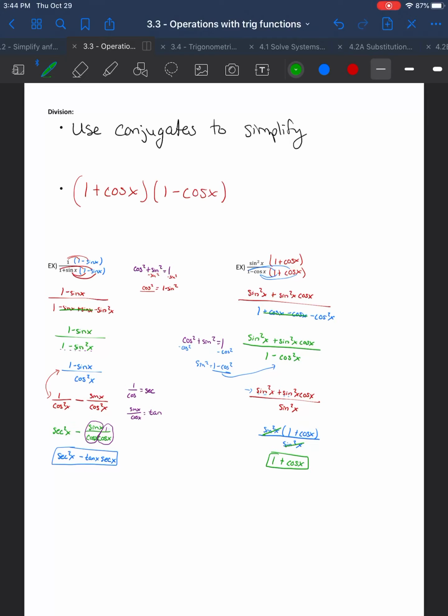Okay, so the division problems are not truly division. It's just can you multiply by the conjugate and then use algebra manipulations to get to identities. Same as always. If you get stuck, please